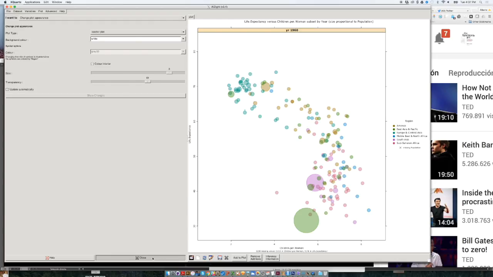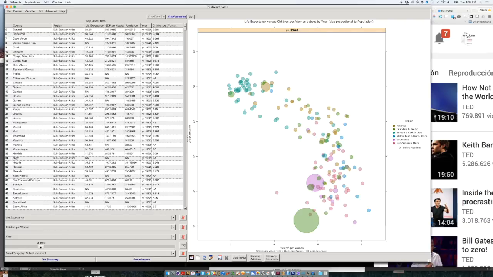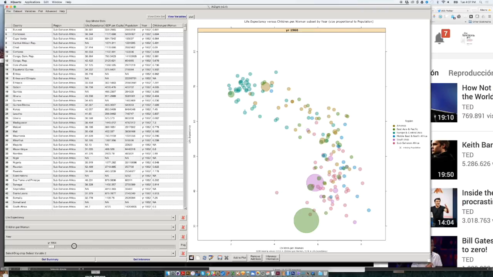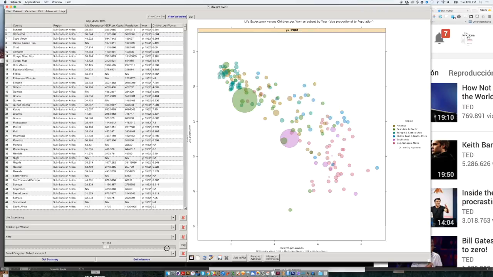And I'm going to close, and there you go. We have a chart that looks, a series of charts actually, that look more similar to Professor Hans Rosling's charts on his